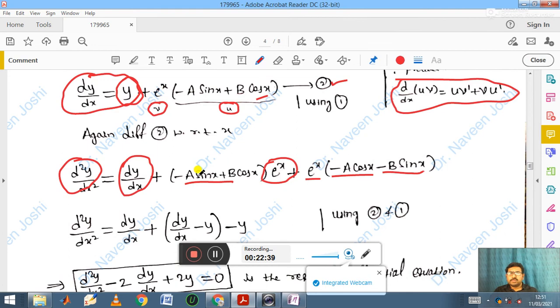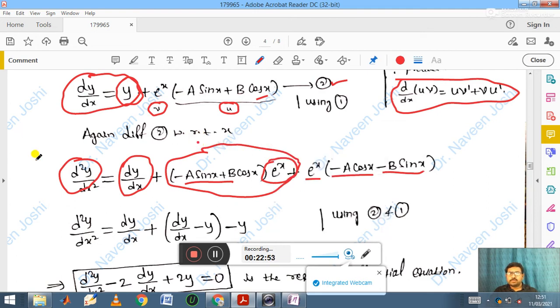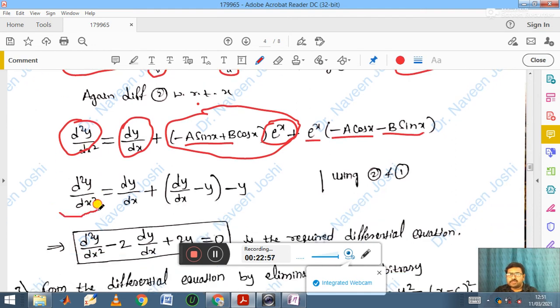Here you got the same expression, so in place of this expression we can write dy by dx minus y. Then if you replace this, you are getting on the LHS d square y by dx square as it is, on the RHS dy by dx as it is, and in place of this expression you may write dy by dx minus y using equation 2,